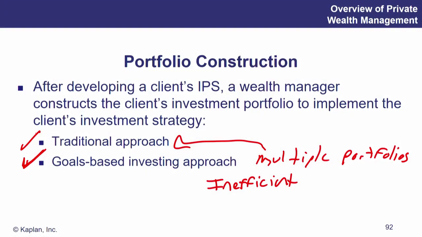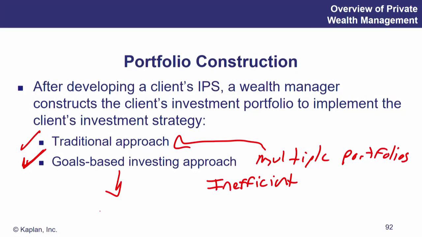So the biggest disadvantage of goals-based portfolios is that they're inefficient. Okay, so that's a huge problem. But there's a huge benefit too. It keeps the client invested. It keeps them with the highest probability of achieving their goals, and they can sleep at night and they're not so worried. So you've got to figure out, as a portfolio manager, can you do a traditional approach? You might not be able to. If you can't, you need to think about this goals-based investing approach.